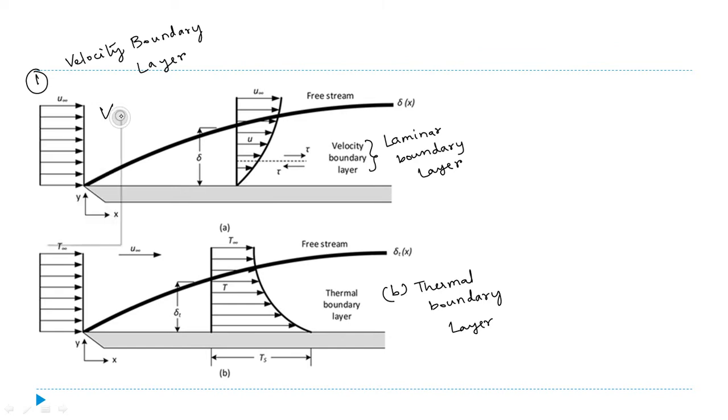Here a free stream is coming or entering onto this plate. Now when it is coming, at some point, let's consider the distance from the leading edge. So this is called the leading edge of the plate, and this will be the trailing edge of the plate. Now why is it called the leading edge? The part of the plate which is first exposed to the free stream velocity is known as the leading edge, and where the flow is leaving behind is known as the trailing edge. So from the leading edge, at some distance, x, I have taken.